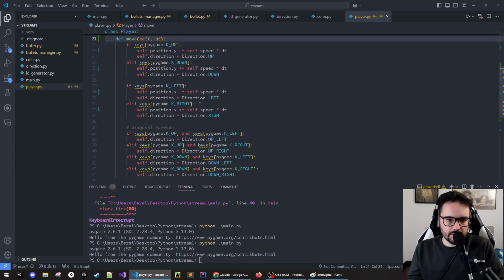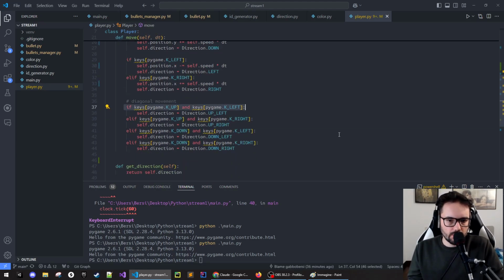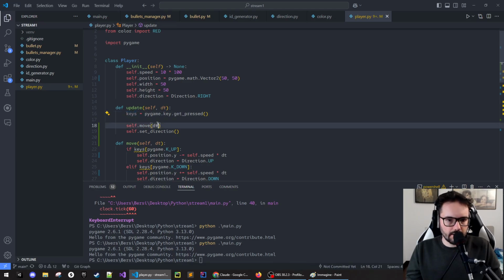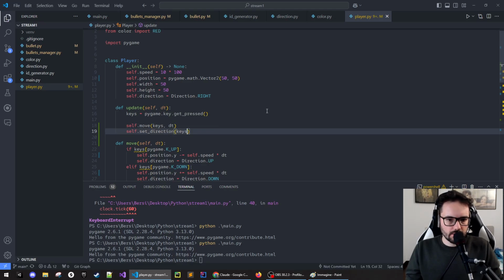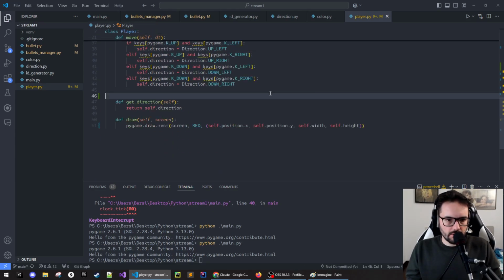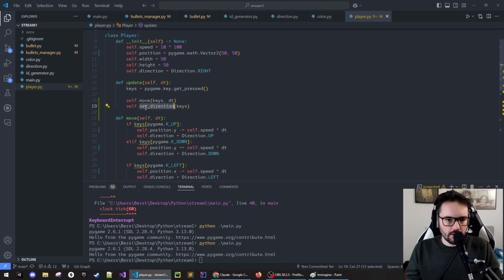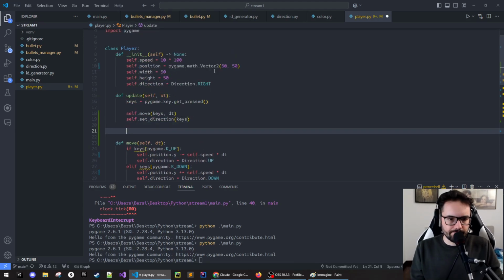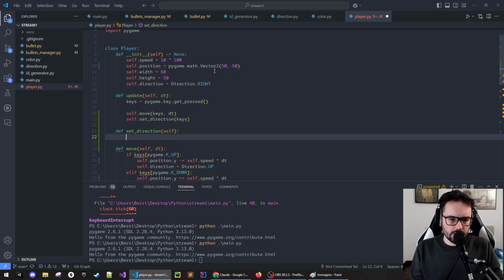The issue with decoupling this phase is that we need to maybe decouple some ifs. Okay, so now keys. We need to pass the keys also. Keys and the keys. Okay, let's create, the easier one, I think, is maybe the move. Let's just create maybe the set direction. Set direction is